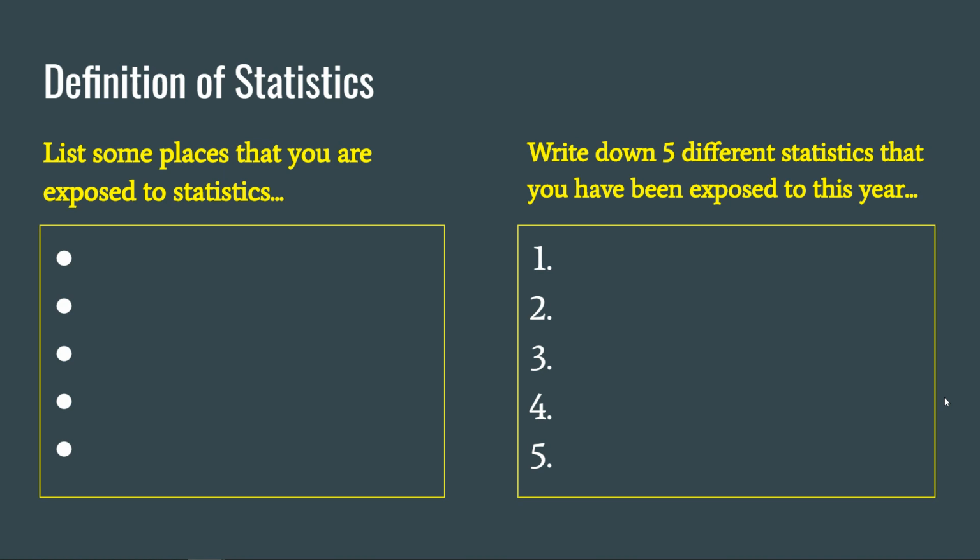Shouldn't be very hard considering all of the things that are going on in the world right now, but here's a couple of examples. So you may have seen statistics on Fox News if you had been watching it. What you might have seen would be the presidential polls. These change just about every day. There are other statistics you might have seen on that same news channel related to COVID-19, unemployment, or some of the things that are going on in various cities all over the states. So list out 5. No big deal.